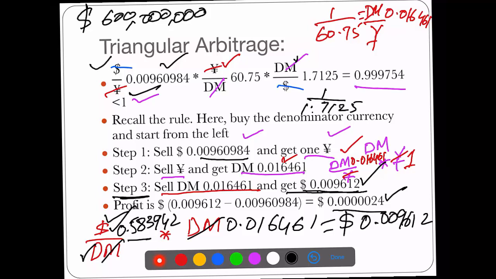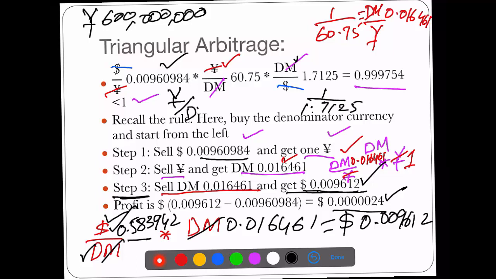Now what if you had yen in your hand, rather than 600 million dollars? In that case you need to buy the denominator currency and start from the left. So you should arrange it like this: yen